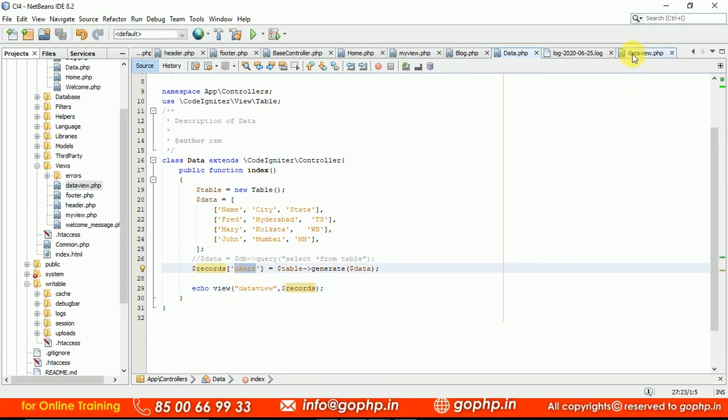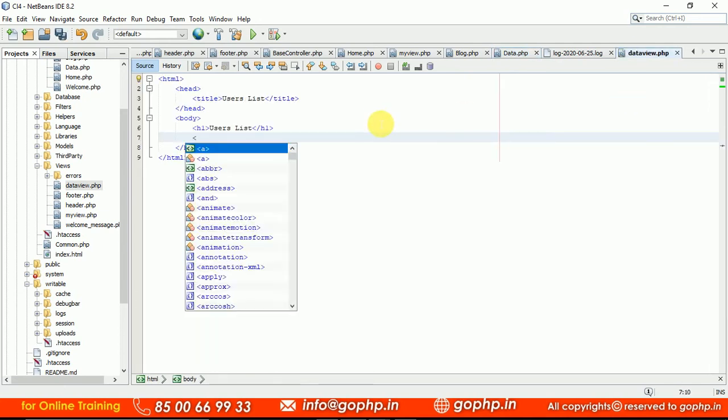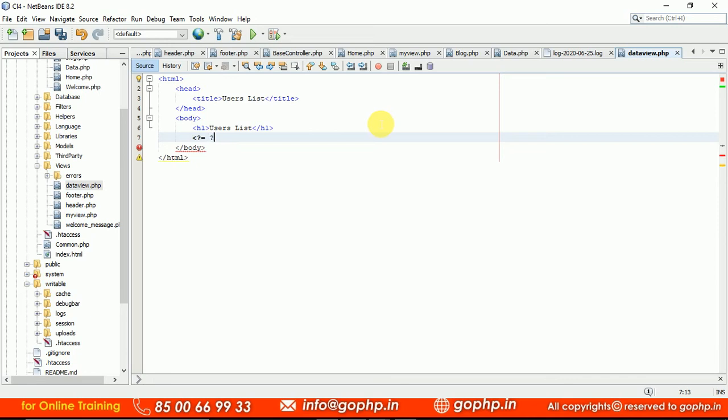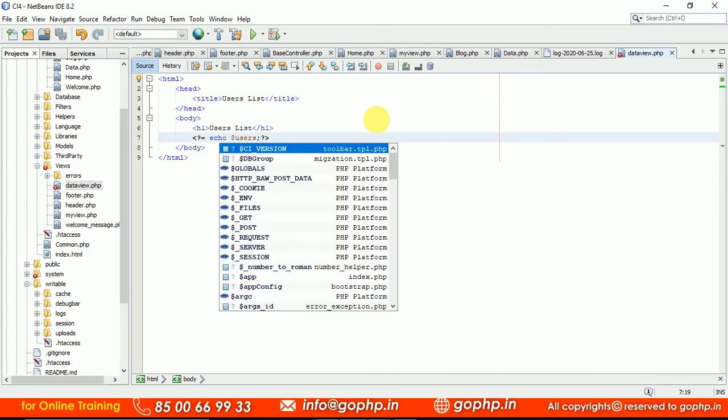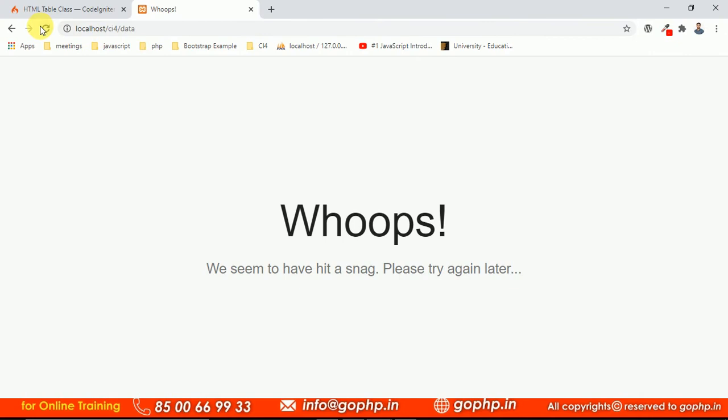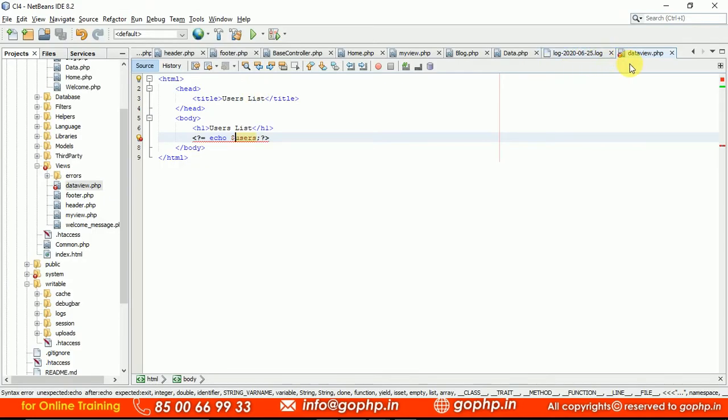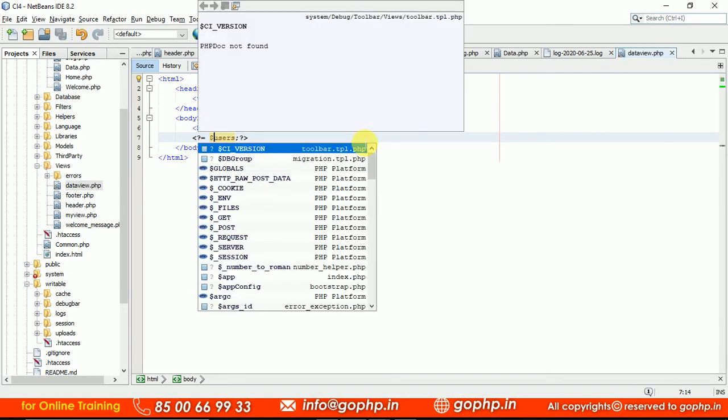Nothing to do, just come here. So we know the shorthand syntax, right? This avoids echo calls, right? This syntax is the templating engine. In the previous session we discussed the same, right? Now you can just execute this. Now you can see the data is going to be displayed on the view. Still I have some error, maybe something is wrong here. What is this? Sorry, echo should not be used right here, so we don't need to use echo.